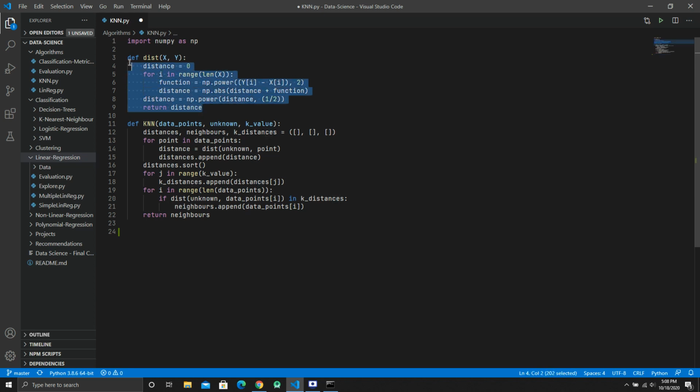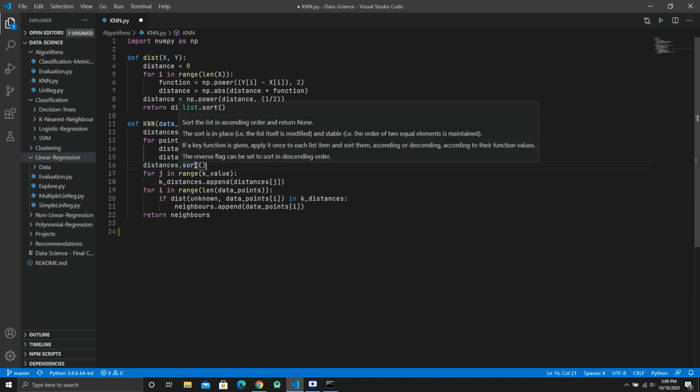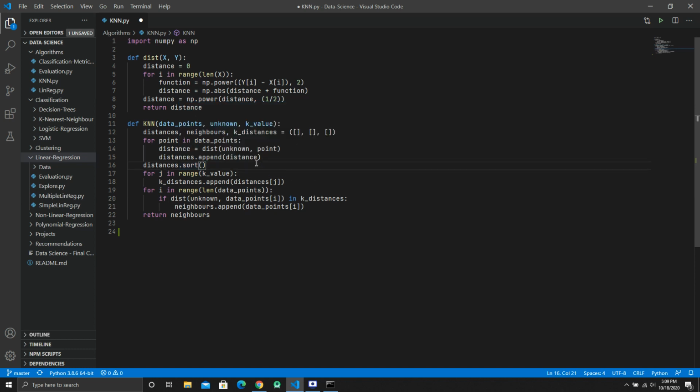What this method does is that it calculates the distance between 2 points x and y by iterating through the list and applying the Minkowski distance formula to calculate the distance between them. Later, I'm using this method, which is called distance, in this KNN algorithm by finding the distance between these data points, as you can see here, this unknown point. And then I'm sorting the distances. As you can see, it's sorting the list. And I sort them in ascending order because I want to find the nearest data points to this data point. And I return the k data points that are closest to this data point, which would be nothing but